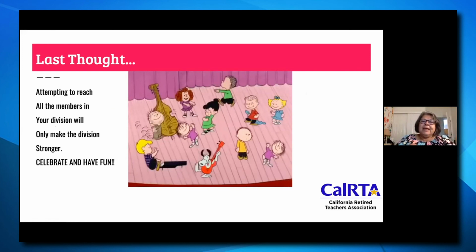How great would it be, when you are recruiting retirees and you have a function, wine tasting, coffee, whatever, they attend, and you tell them that you have members who have been involved for 38 years, 40 years, whatever it is, and what you are doing to keep in contact with these members. For these retirees to know that Calrta will be in contact, will communicate with them regardless of how long they have been in the organization. They will not be ignored. They will always be acknowledged. How fabulous is that for a selling point?